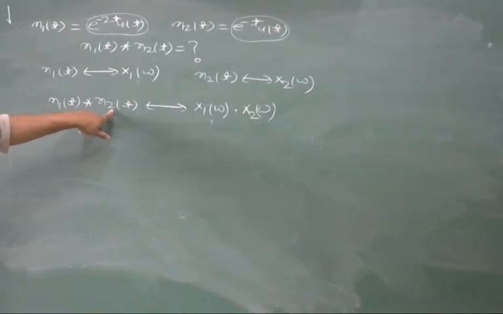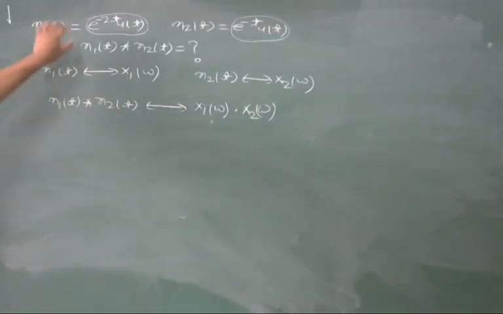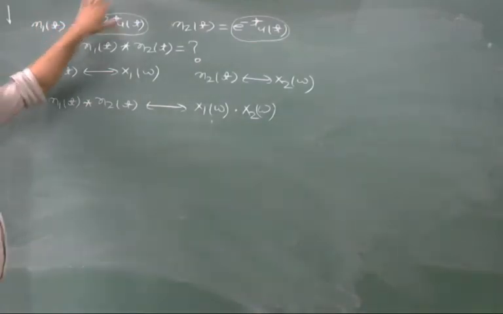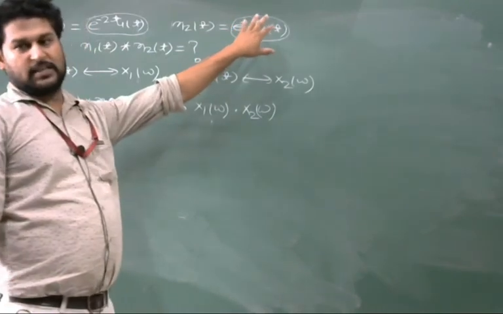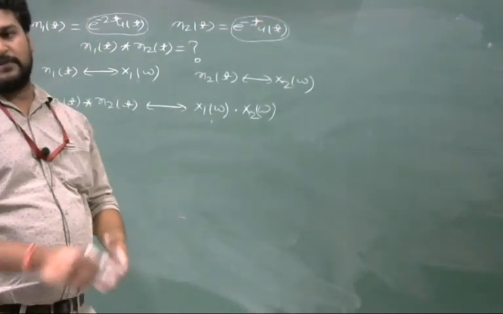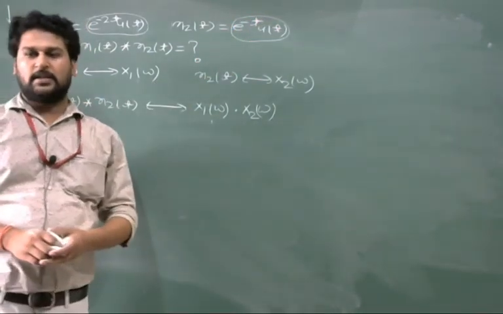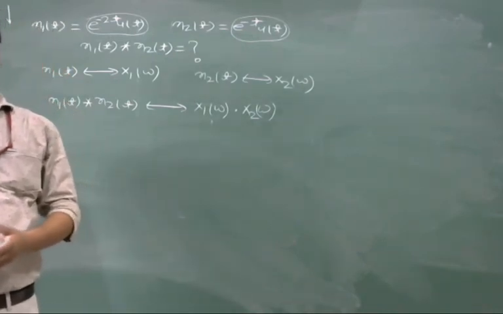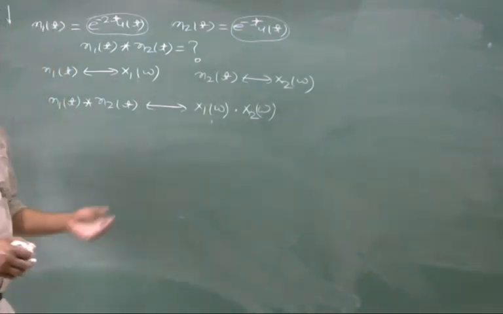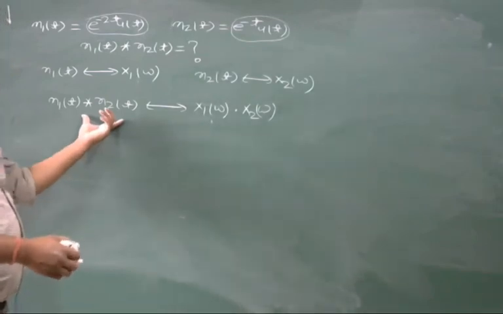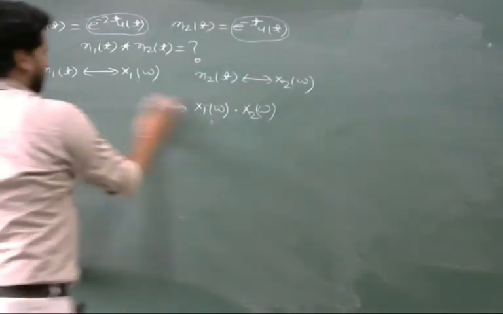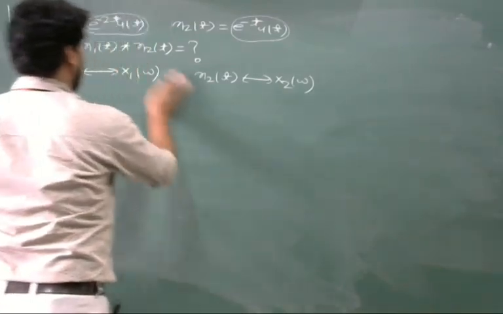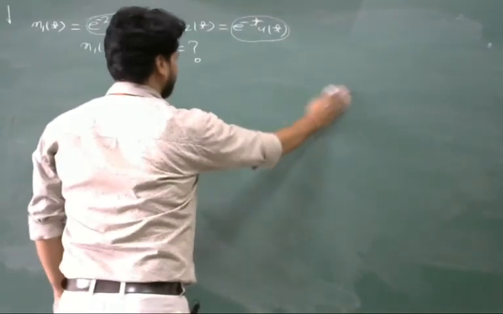So instead of going for the convolution by the conventional method, first I will take the Fourier transform of this signal, then we will take the Fourier transform of this signal. Both the Fourier transforms will get multiplied, and then we will take the inverse Fourier transform back. So we can find this signal x1(t) convolution with x2(t). This is what the convolution property of the Fourier transform states.